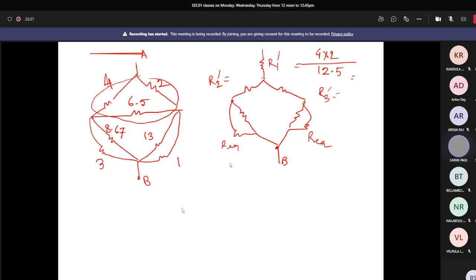Sir, I cannot understand the position of R1 and R2. Position. Yes, sir. Position means, if here in this problem, you're saying for this particular delta. Yes. See, it was like that only, no? I am redrawing again.